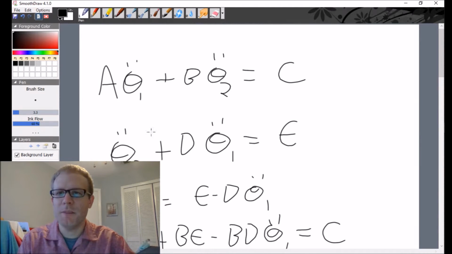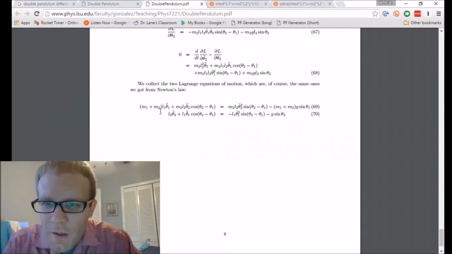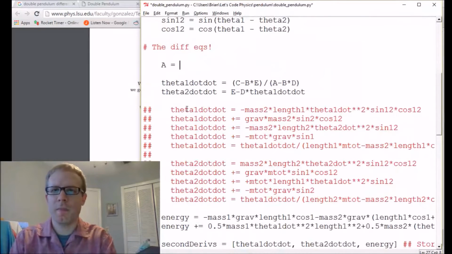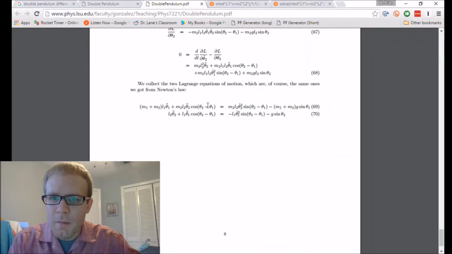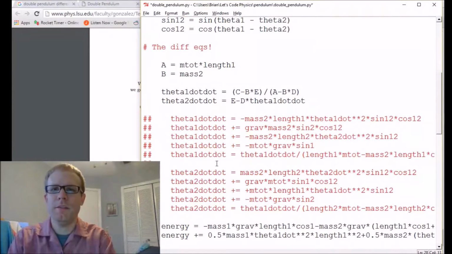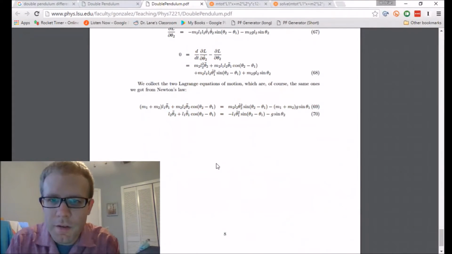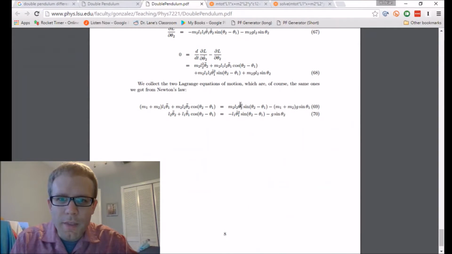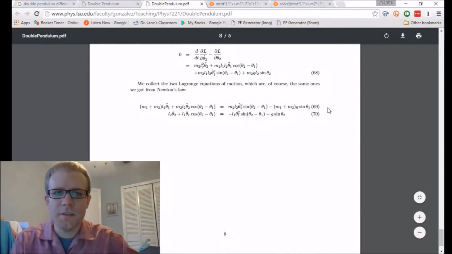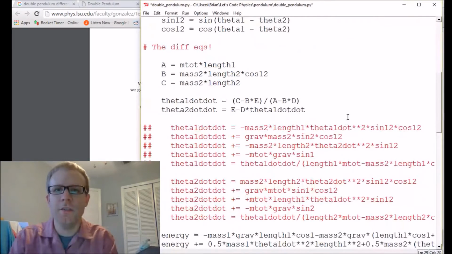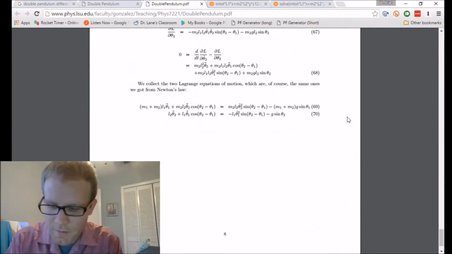Okay, so A is the thing that's multiplying theta 1 double dot. So A is m tot times length 1. Cool. B is going to be this chunk, m2 L2. B equals mass 2, length 2 times cosine 1, 2. Cool. And then over here, I've got C. So C is going to be m2 times length 2 times,